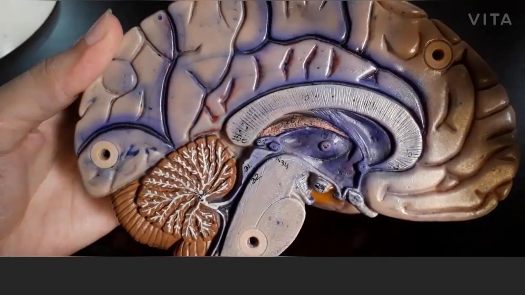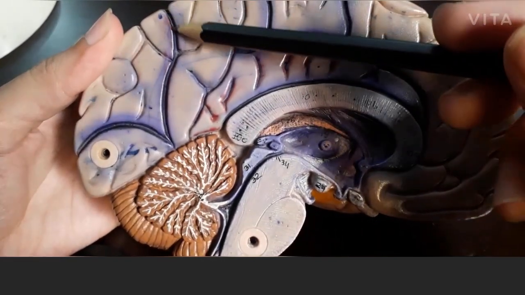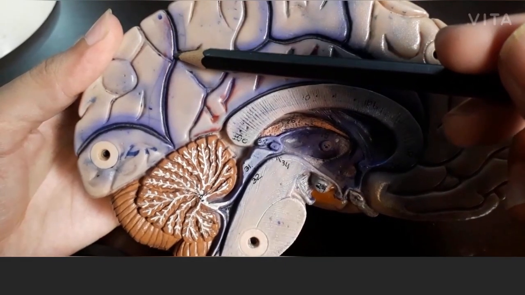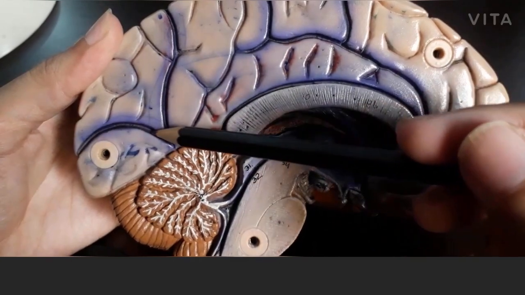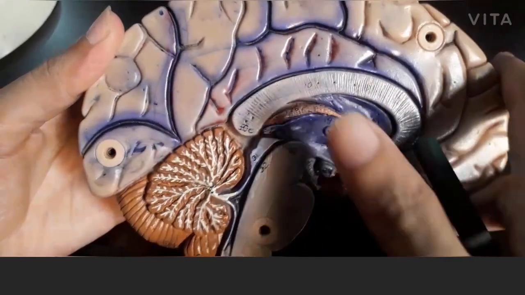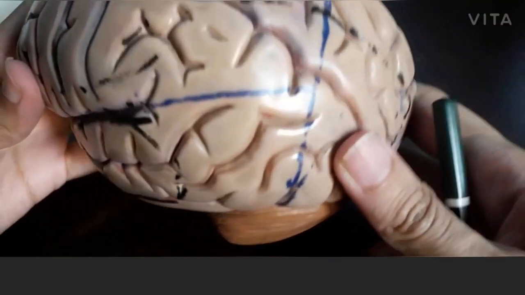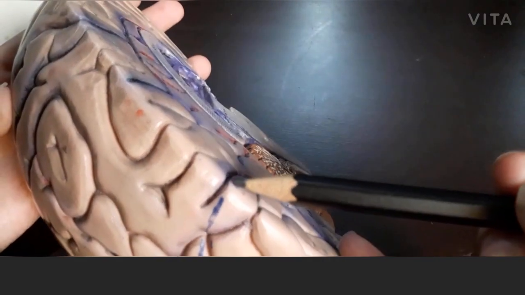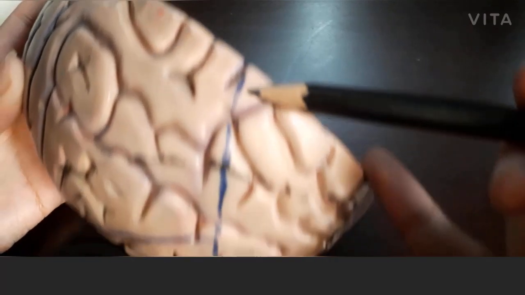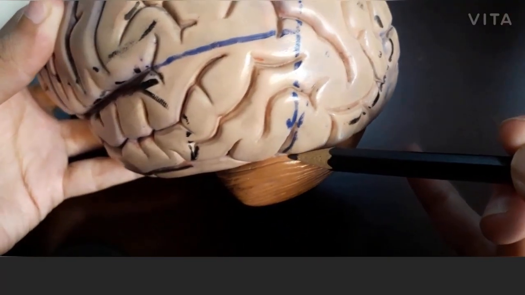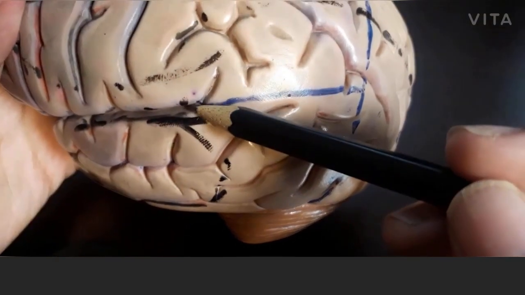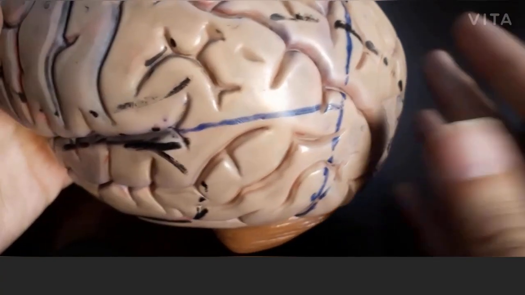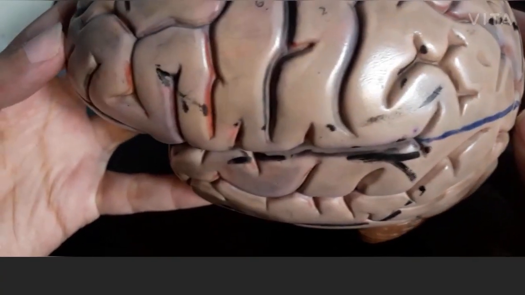On the medial surface, we can see two important sulci. This is the parieto-occipital sulcus, which again indents the supromedial border and runs downwards, and this is the calcarine sulcus. We take two imaginary lines on the supralateral surface. One line is drawn from the supromedial border where the parieto-occipital sulcus joins it up to the preoccipital notch, and another line from the posterior ramus of the lateral sulcus up to this first line. These two lines divide the supralateral surface into four lobes.